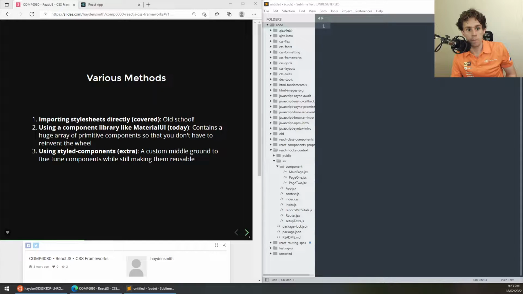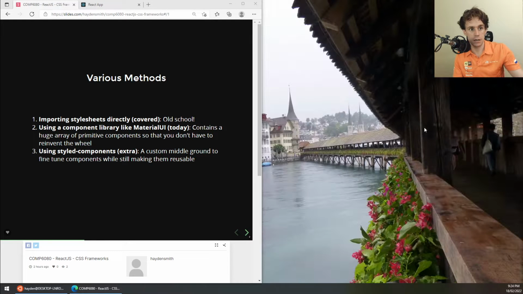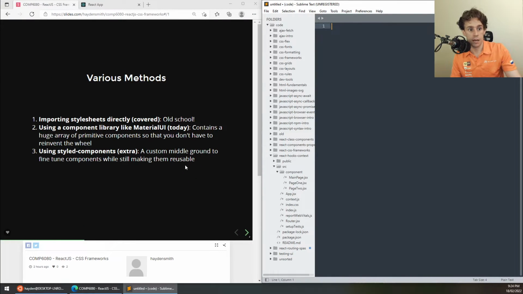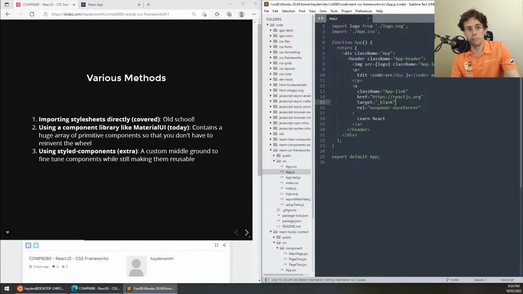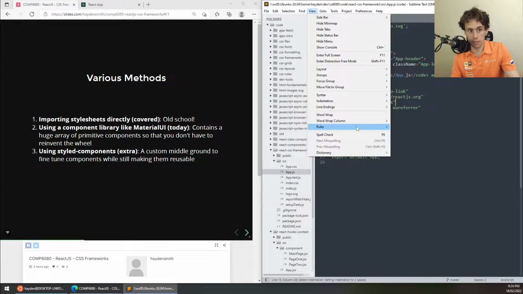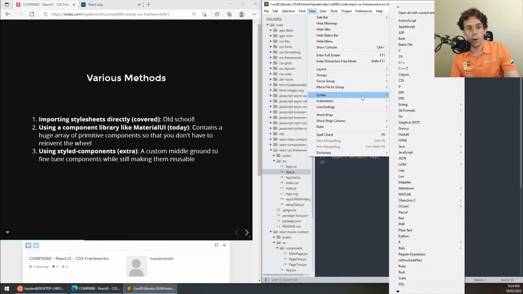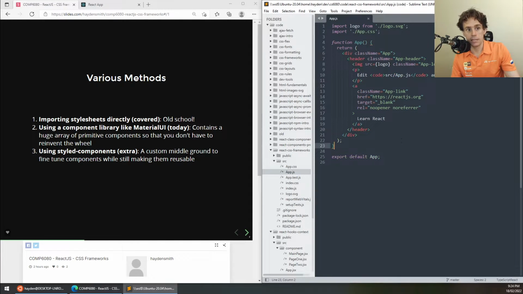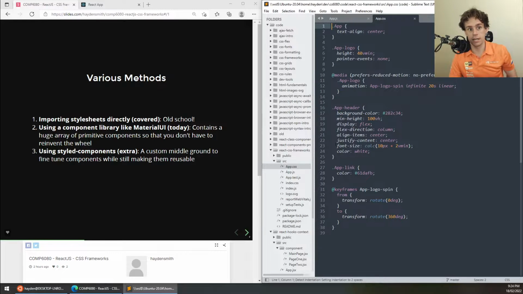So for this particular lecture, I've gone and gotten a simple React app set up for us. And that React app is hiding inside the CSS frameworks. And it's just a typical one that we're used to seeing many times. What you'll notice in all of the default React apps is that they all have this import /app.css that you've seen from other lectures. And this is the method one you see up here, which we've already covered, which is